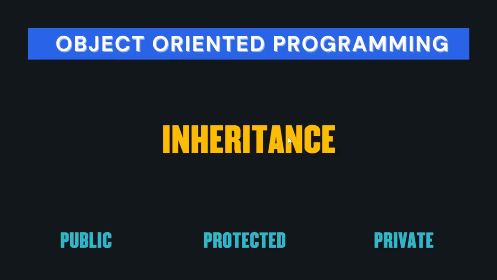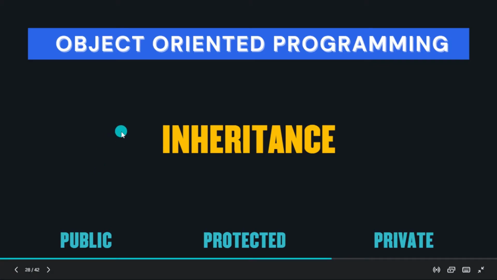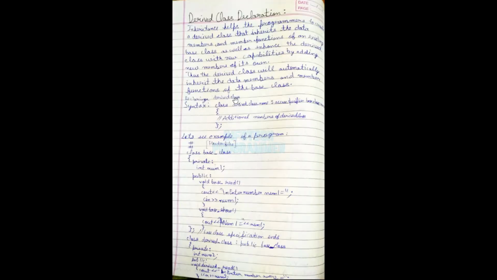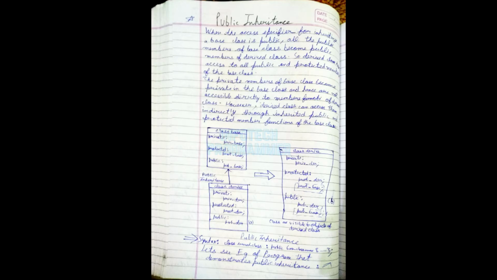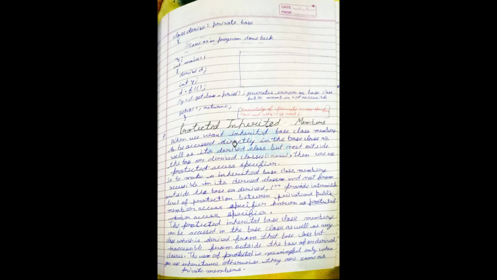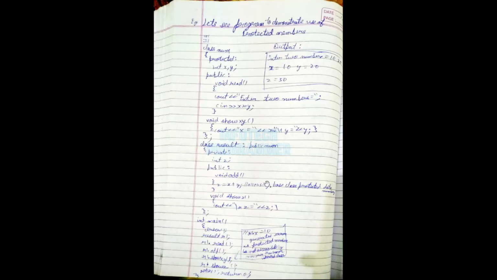So after that, we have the concept of inheritance, which everybody knows. Inheritance is deriving a class from our parent class. So we have the concept of that also, that inheritance can be public, private or protected, that is, how to use inheritance and how to access public, private and protected members. So you can see public inheritance there, and then private inheritance, and then protected inheritance also. These are just the ways of accessing the inherited classes.